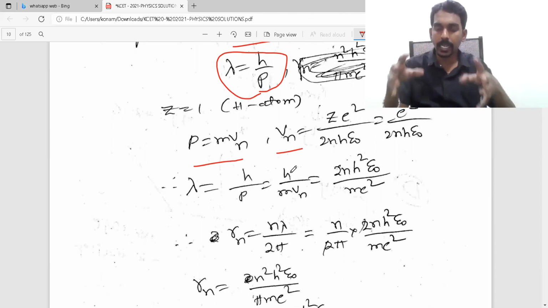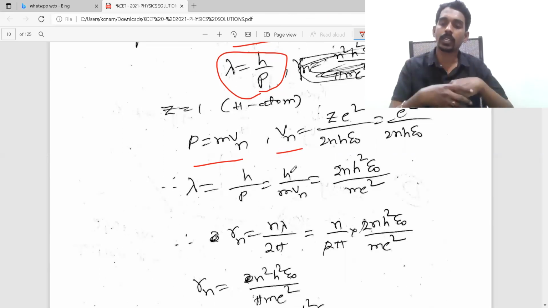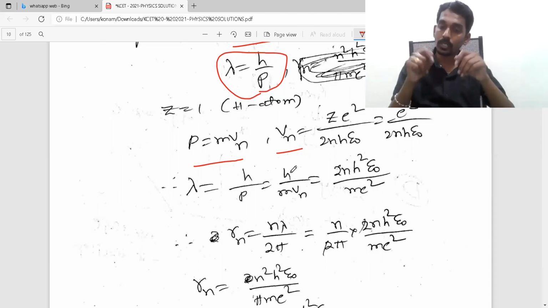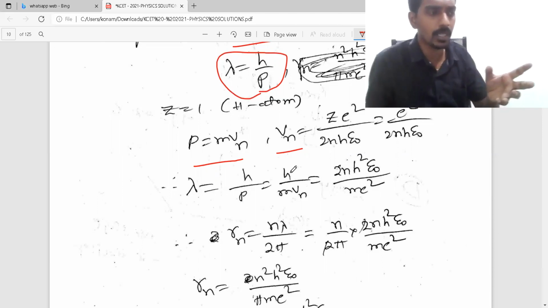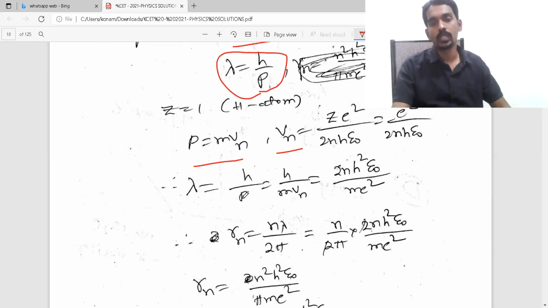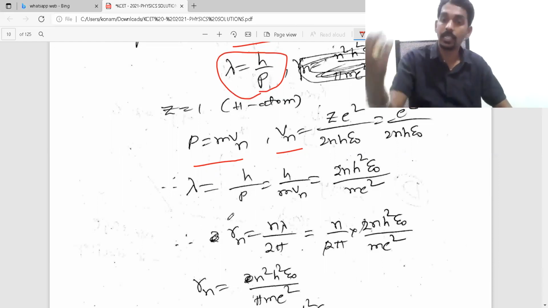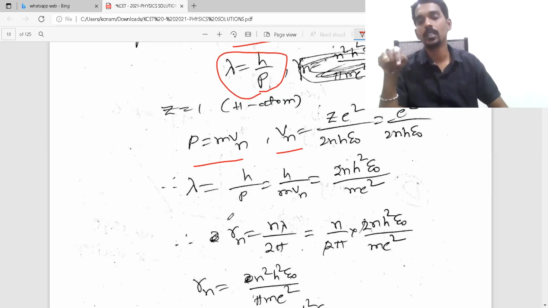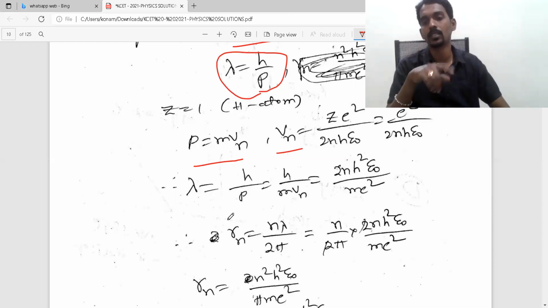You should have a clear idea of each formula. You should be able to manipulate the formula. Then only can you get the answer properly, and that too within the time. Because these kinds of questions, taking 2-3 formulas from different chapters or different concepts and mixing them, are not that easy. So concentrate on such questions. The ultimate thing is you need to remember the formula. Then only can you do manipulation or calculation, anything else. That comes next. First comes revision and memory. You have to memorize all the formulas. You have to memorize all the definitions. Then only can you do something.